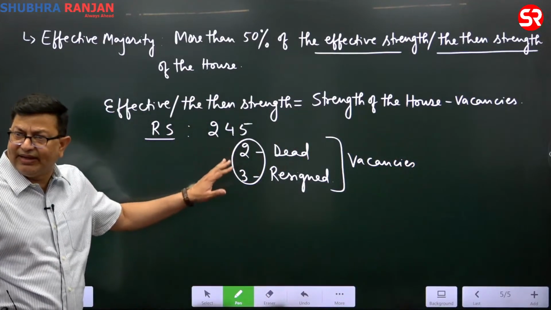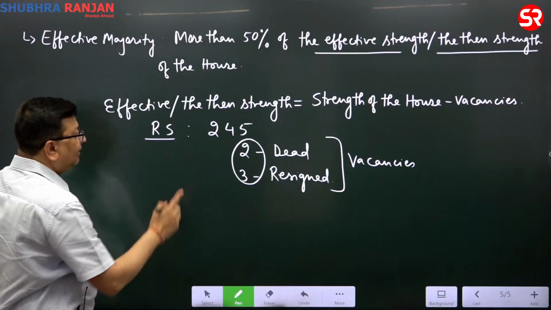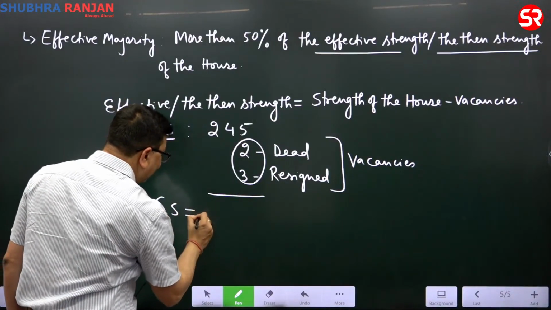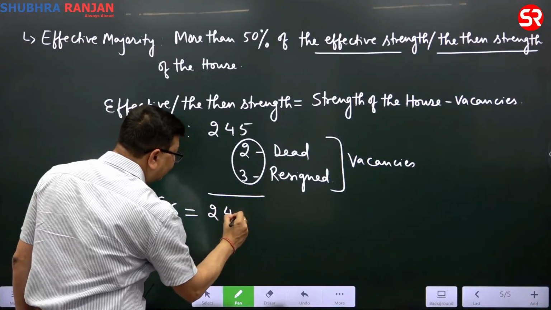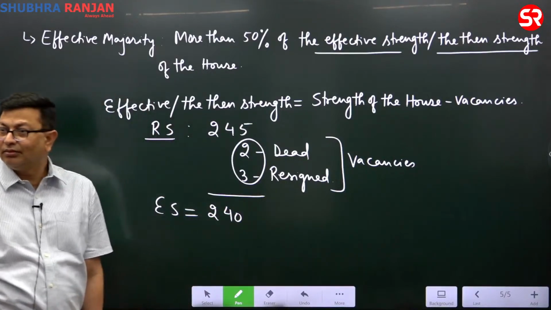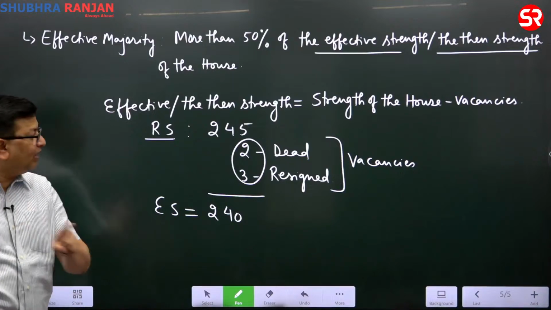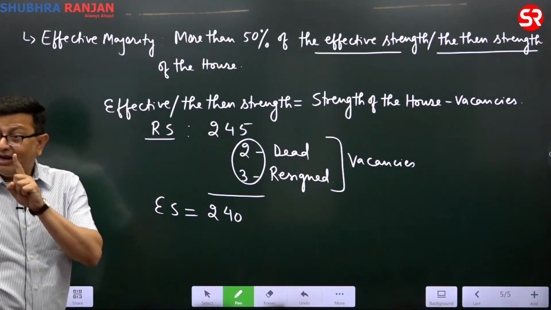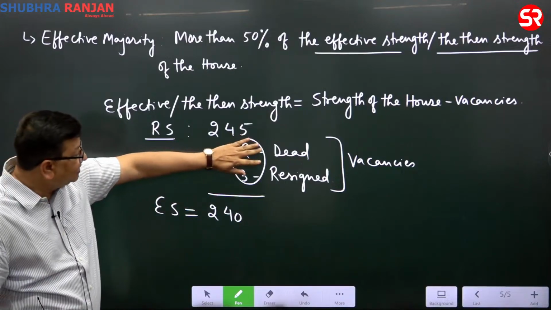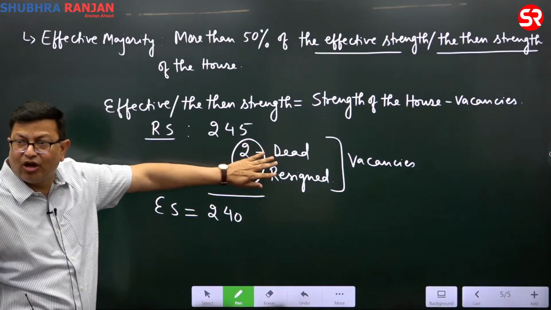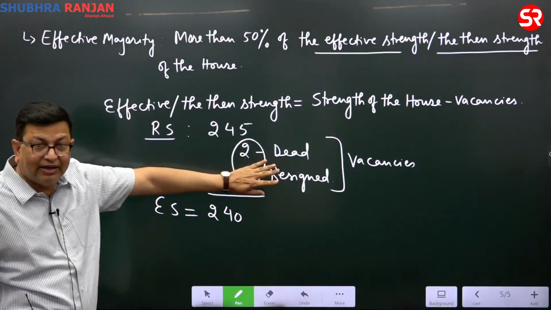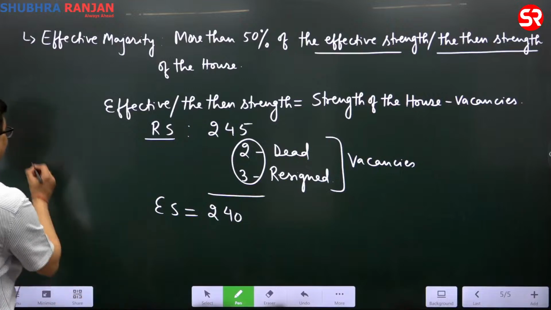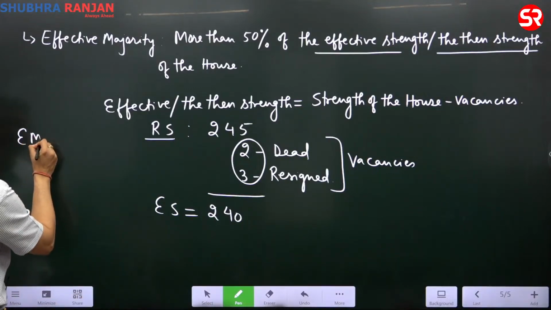These 5 seats are vacancies. So the effective strength will be 240. In absolute majority, we had taken this number 245, but in effective majority, these vacancies will not be counted. So here, the effective majority will be